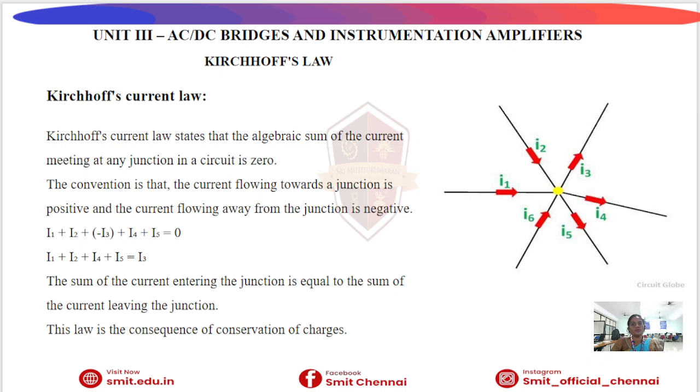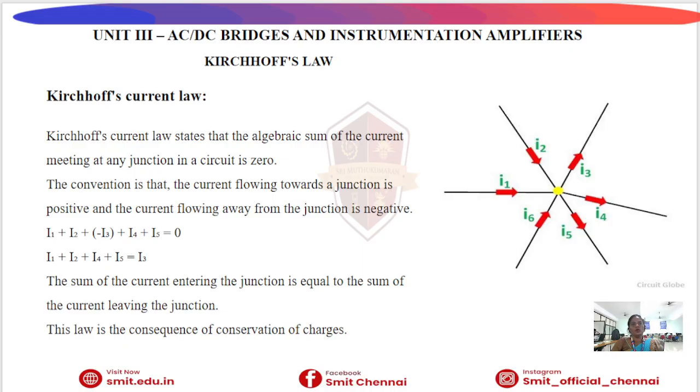Now we will study Kirchhoff's current law, also called KCL. This law states that the algebraic sum of currents meeting at any junction in a circuit is zero, whereas the total current entering a junction is equal to the total current leaving that junction. By convention, we take the current flowing towards the junction as positive and the current flowing away from the junction as negative. So mathematically, it can be written as I1 plus I2 minus I3 plus I4